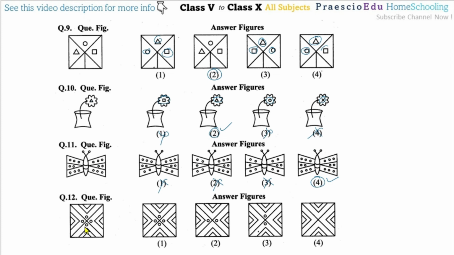Now question number 12, so there are the 1 2, here also 1 2, here also 1 2, and here also 1 2, and inside there is diagonally 2 lines and 4 squares. Okay, so if you observe, option number 1 is perfectly matching. Option number 2, there are these symbols, circles are missing, here also some circles are missing, and option number 4, all the small circles are missing. Okay, so option number 1 is the correct one.